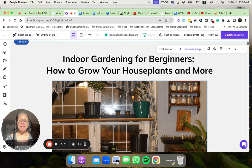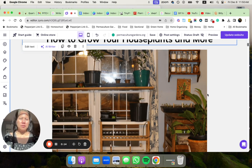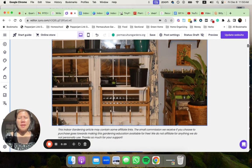Hey, this blog and video is about indoor gardening for beginners, not beginners. How to grow your houseplants and more. And this is a picture of our townhouse where we moved last year, and we moved to a farm. But where we were growing, we would grow a lot of our plants indoors. And this is how we grew them in the front on our south-facing windows and sunniest areas of our